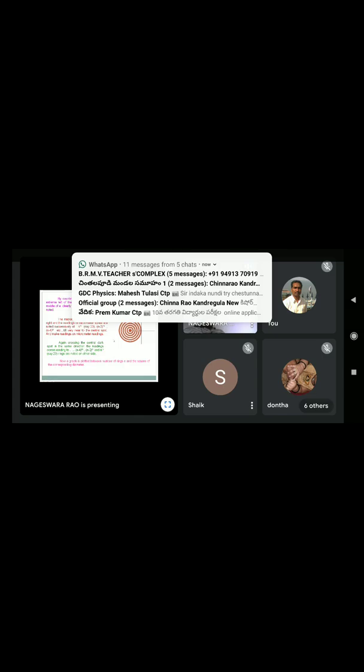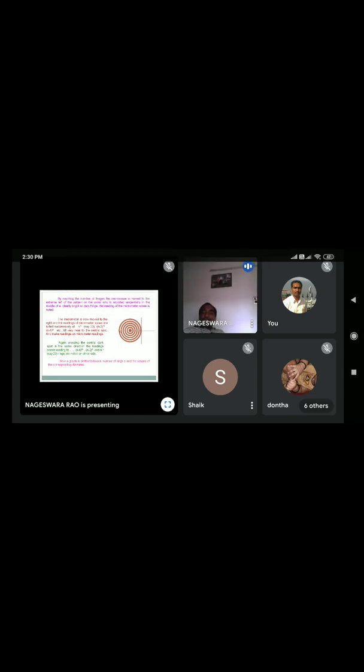So now the graph is drawn between the number of rings n, that is 20, then 18, 16, and so on, and of course the corresponding d square value we know. We have to take a graph like this. So this is the x-axis, where we take the number of rings n, and on the y-axis we take d square. D square is the square of the diameter. Then the graph drawn between d square and n is a straight line which is passing through the center of the coordinate system.